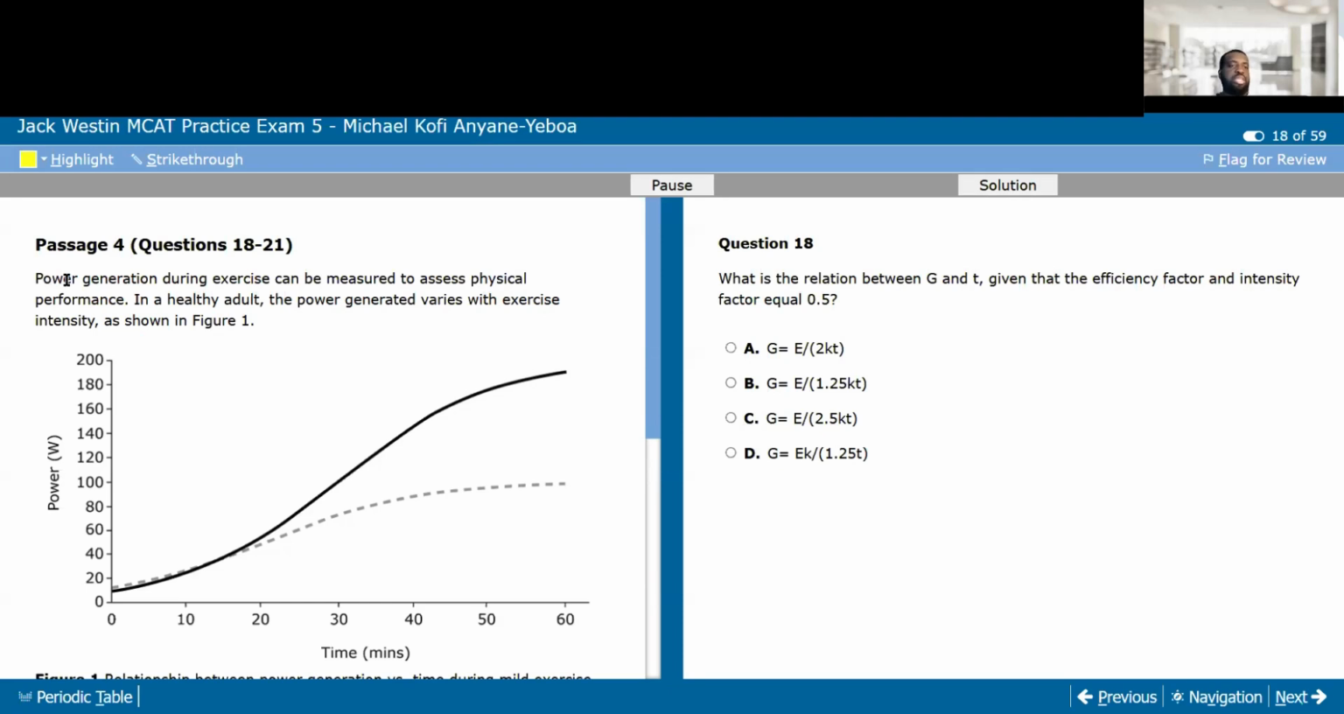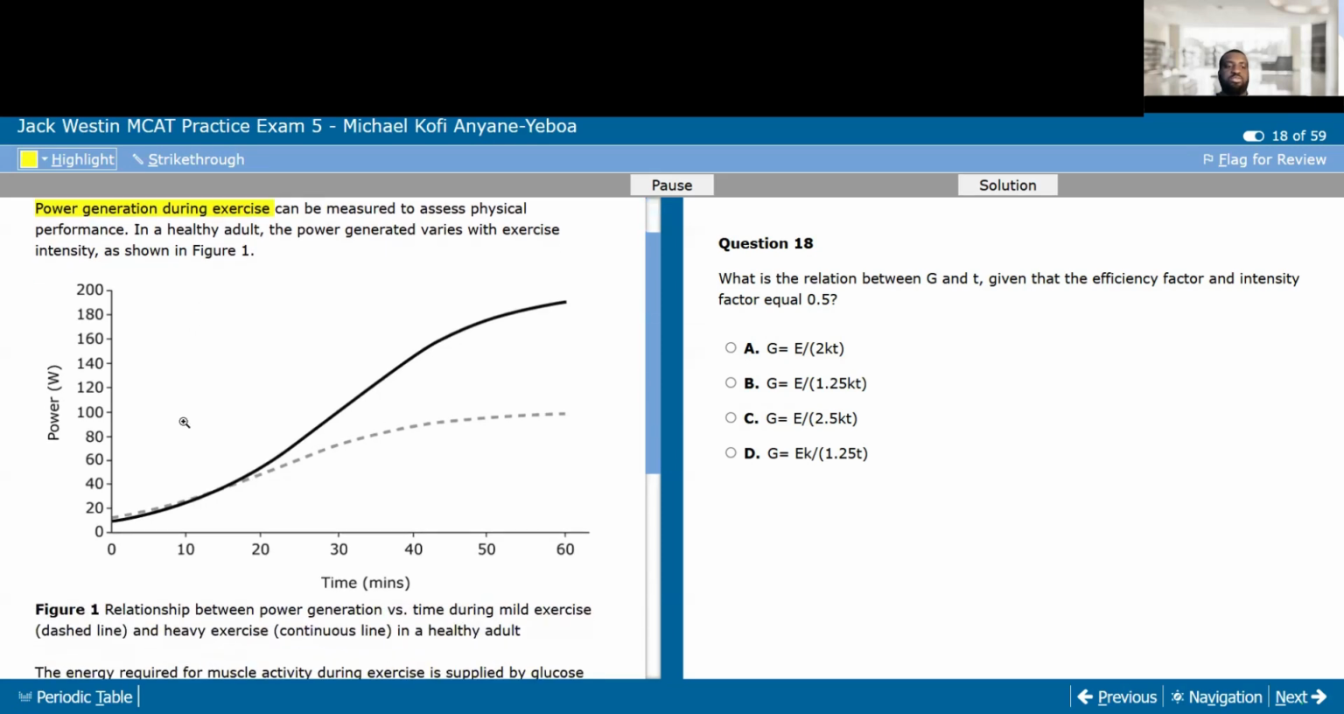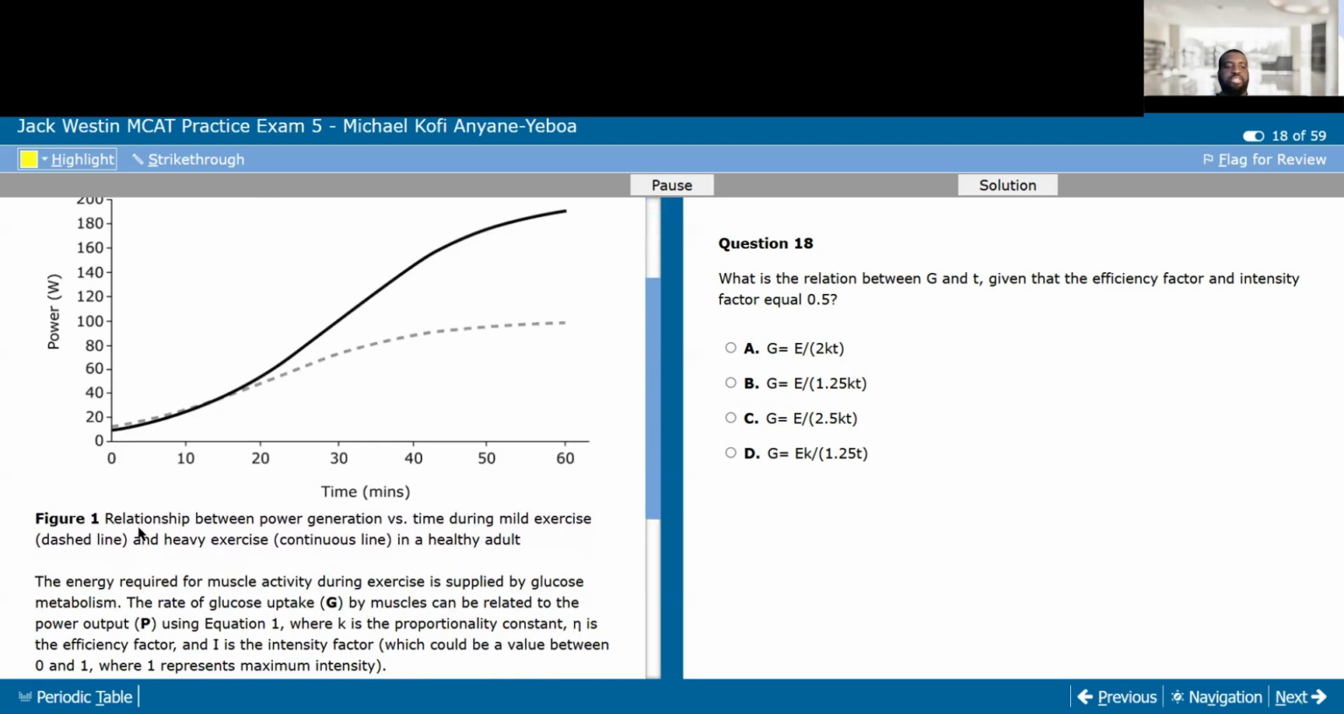All right. Power generation. That's what we're talking about. Power generation during exercise can be measured to assess physical performance. In a healthy adult, the power generated varies with exercise intensity, as shown in figure one. I like to read the captions first: relationship between power generation versus time. Always, the thing that comes after the versus is your independent variable. The dashed line is for mild exercise and